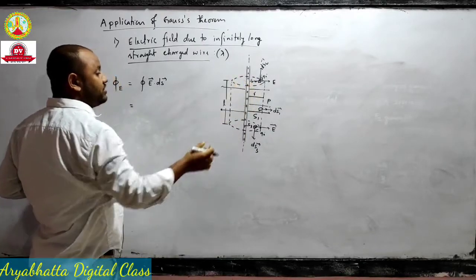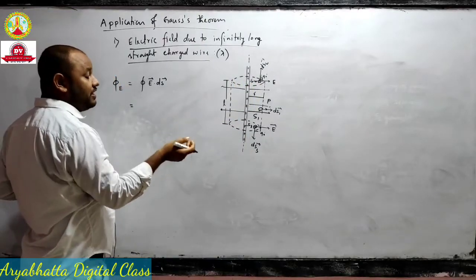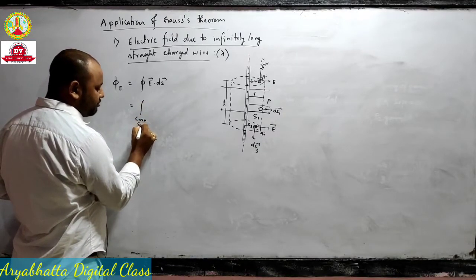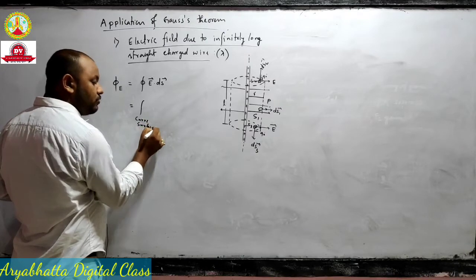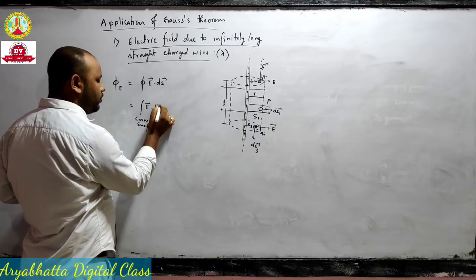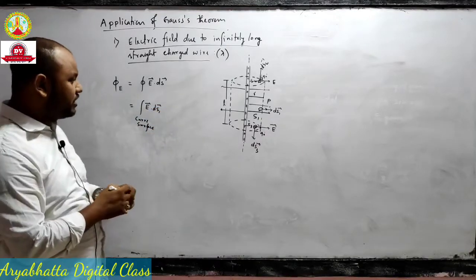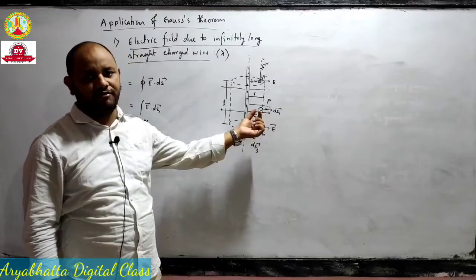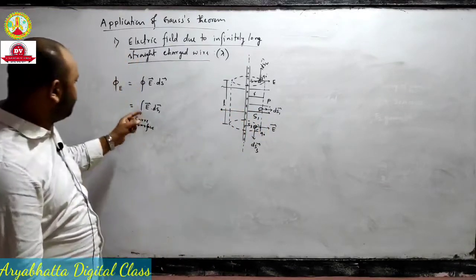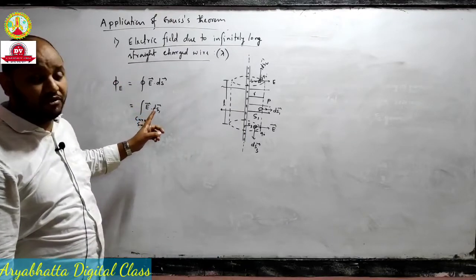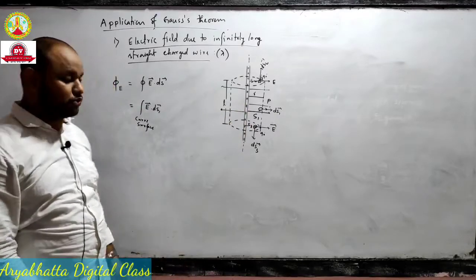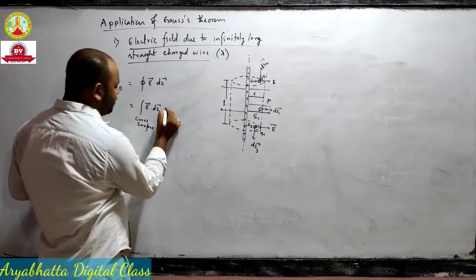In that closed surface there are three surfaces. One is a curved surface and there are two flat surfaces. Suppose number one is the curved surface. For the curved surface, the flux is how much? E dot ds1. ds1 is a very small area element on the surface of this curved surface, and integration E dot ds1 will give you the electric flux through this small area element ds1.